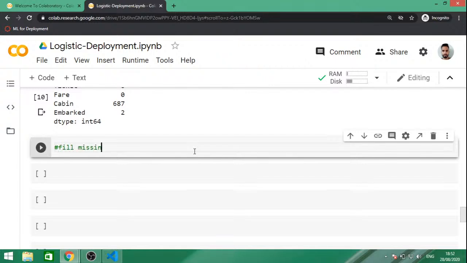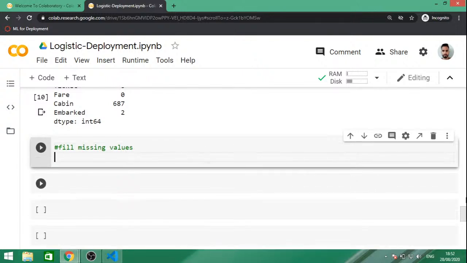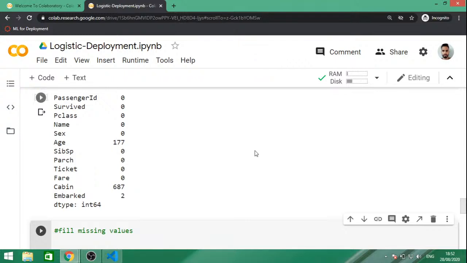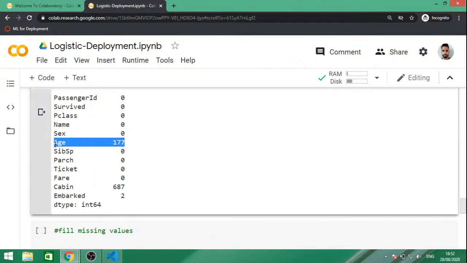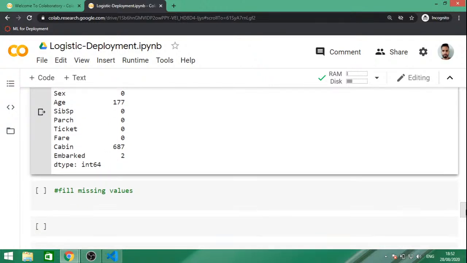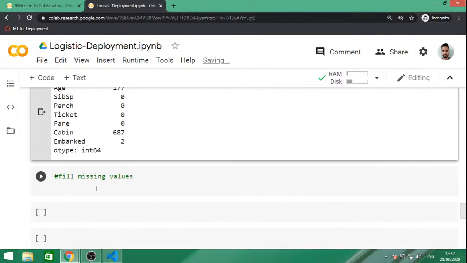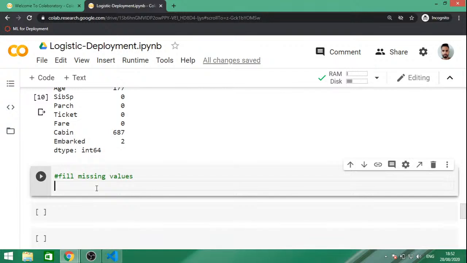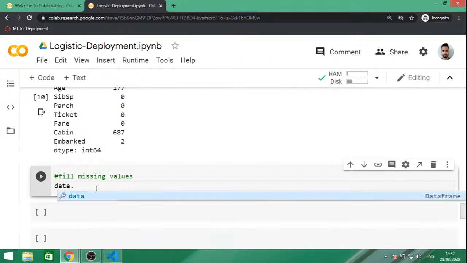All right, so now let's fill these missing values first. Fill missing values. Here we are going to fill the missing values for age and embarked only, right? And we will remove the cabin feature. There are other features as well we are going to remove, that's why I'm not doing this operation here. First of all, let's fill age and embarked. So to fill this, you can write data.fillna,